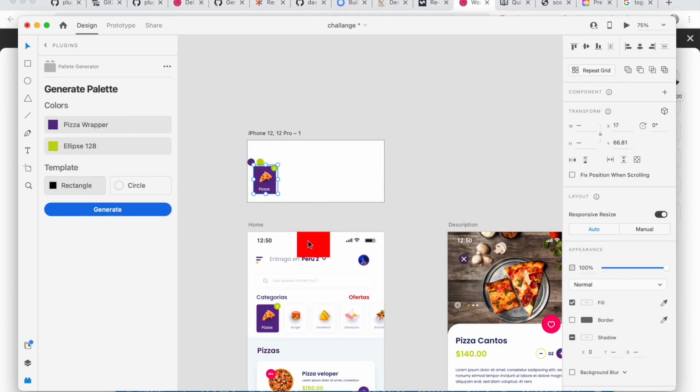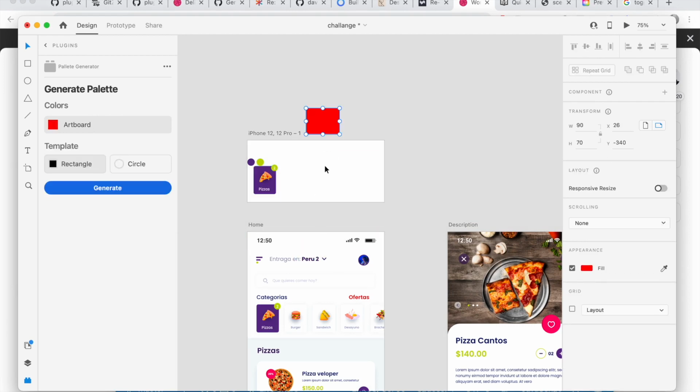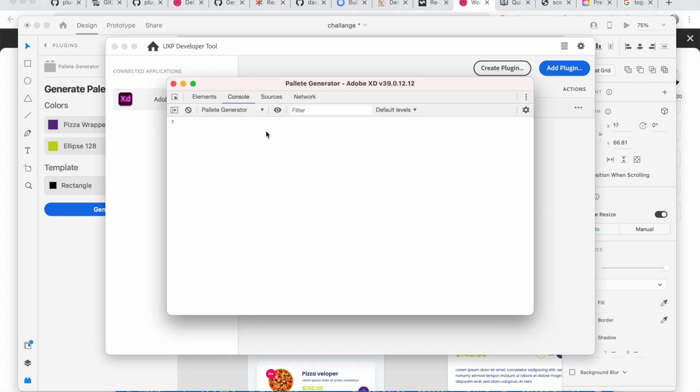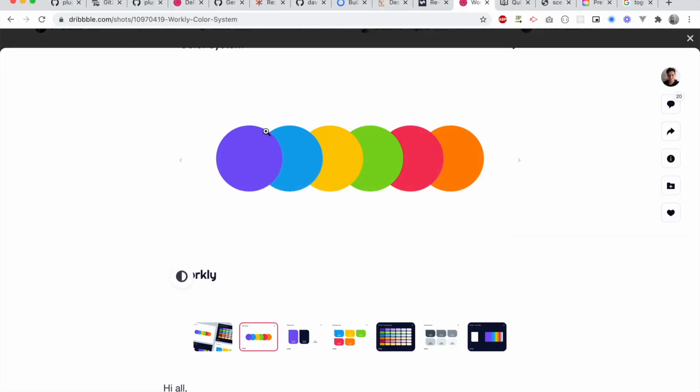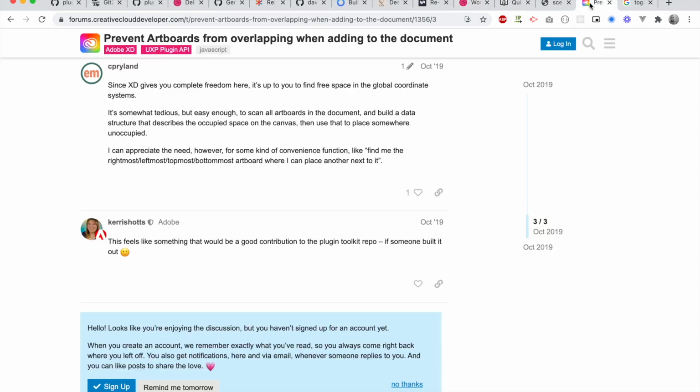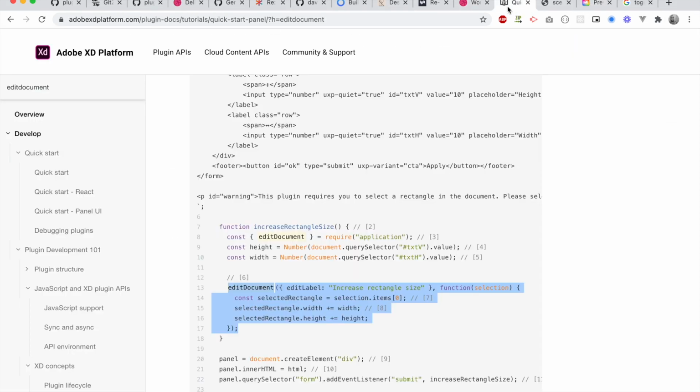So there is our artboard. The only problem is now it's being placed at a place that is not favorable. So like I said, the trick is now to figure out the topmost artboard. After research I found out that XD doesn't actually give you anything to know where the topmost artboard is, so you can place it above it, because now if you look at the root node,